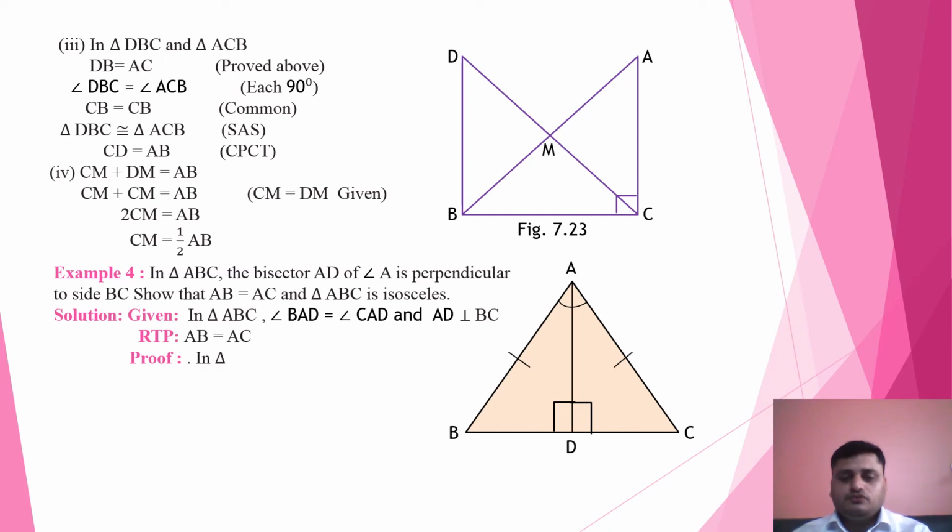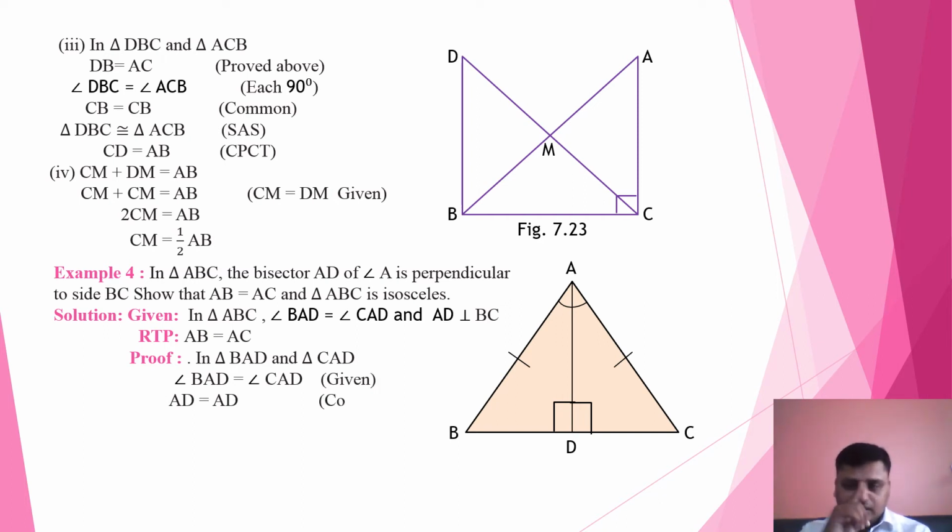Let's begin the proof. We will take those two triangles. One triangle is BAD, another triangle is CAD. Now in these two triangles, it is given that angle BAD is equal to angle CAD. We will write reason: given. After this, AD is equal to AD. This is common in both the triangles, so we will write common part. And the third part that we are going to write is angle ADB is equal to angle ADC, each 90